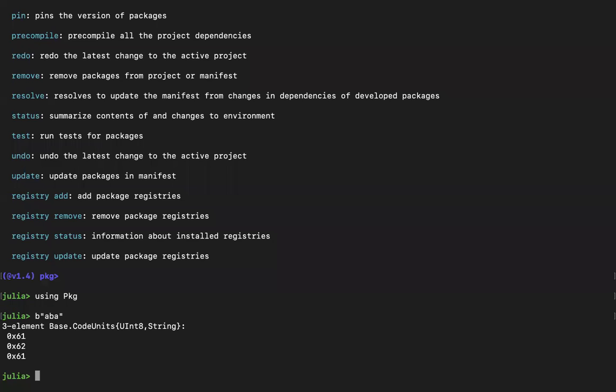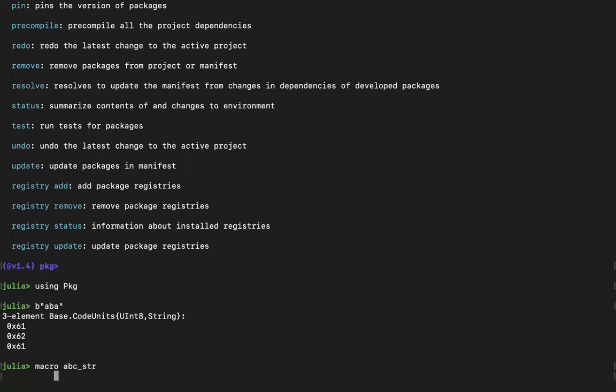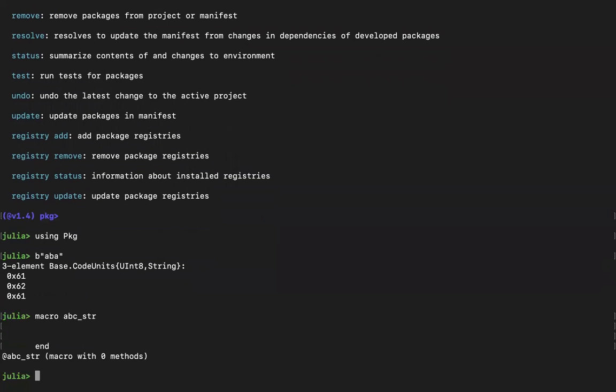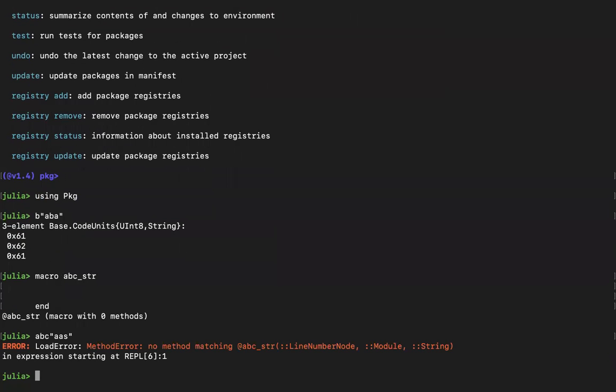For any string qualifier, if you want to make your own, you have to make a macro. Suppose you want to make a qualifier called abc, so abc underscore str, and whatever you define inside that would be your macro. I haven't used any arguments in front of this abc, that's why it's giving me this problem.